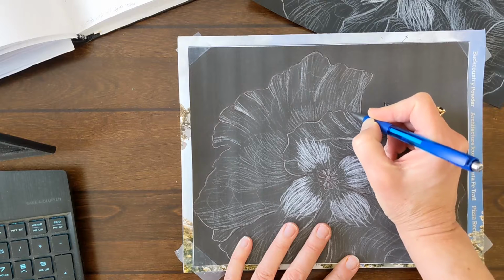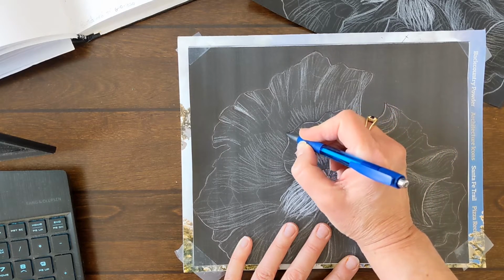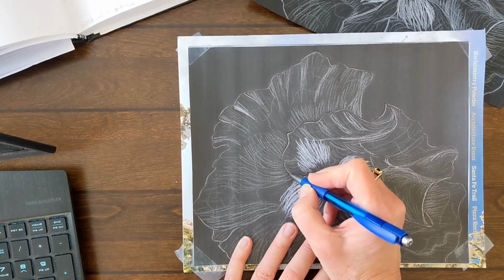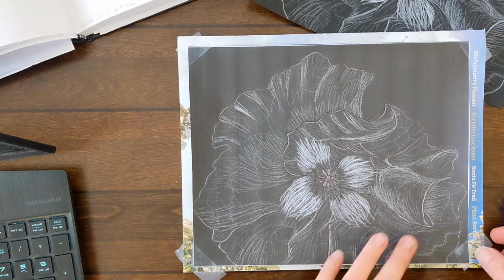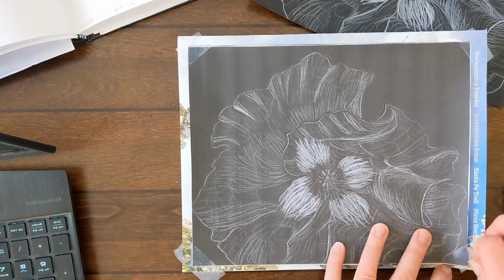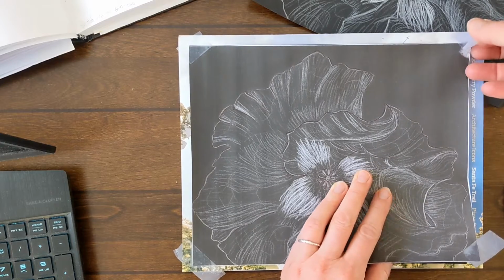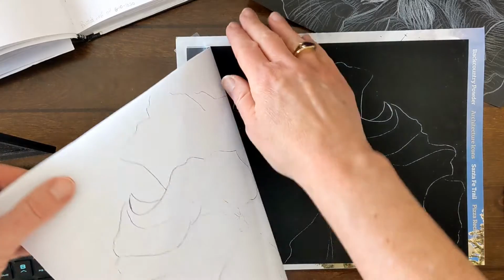outline your entire image, and I'm only going to do the important lines, not the entire drawing, not every single line. So you're going to do that for the whole thing, and you're going to use moderate pressure. Then when you take it off, and I've already done the rest of it. When you take it off, I have the basis for my